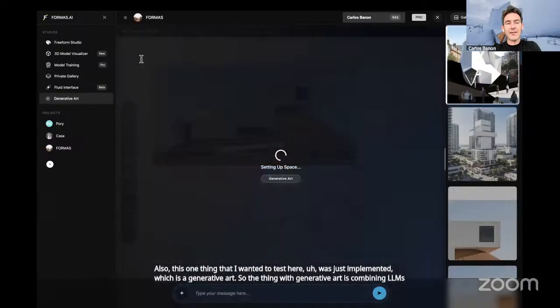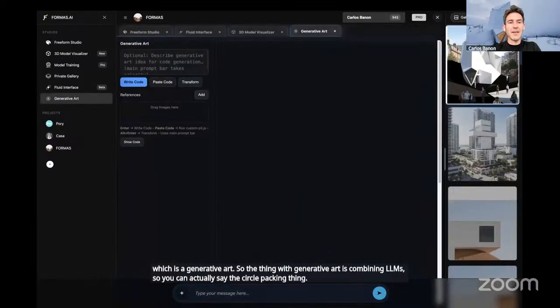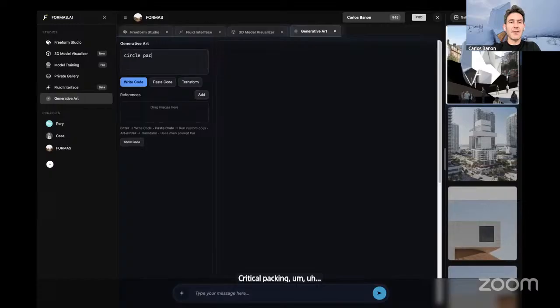So you can actually say, "circle packing system integrating dynamics, like physics, that can collide and generates one circle per second of different sizes, starting from the center." And then you just write the code.